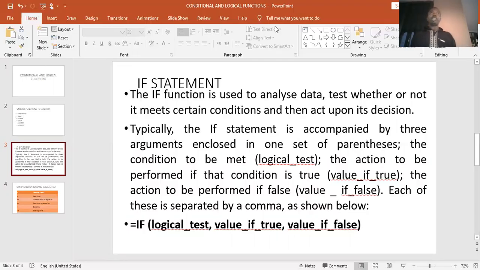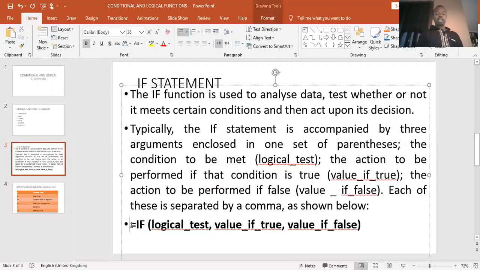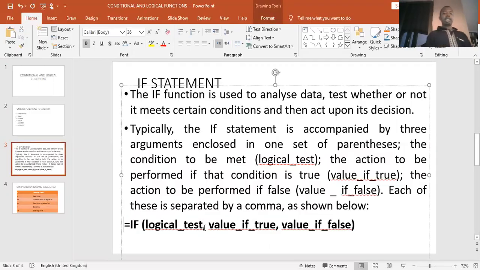So when you are using the if function, this is how it is expressed. We normally start with the equal sign, then say if, then we set the logical test, followed by the value if true, and then the value if false. Now, all of us will understand what the logical test means and what the value if true and the value if false also mean. For example, in stores,